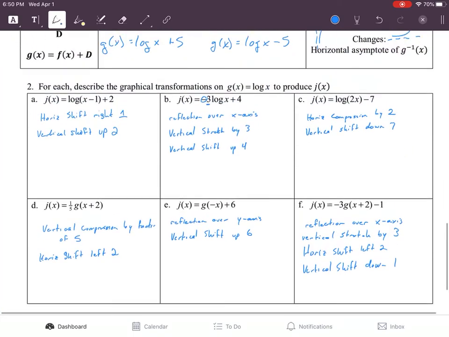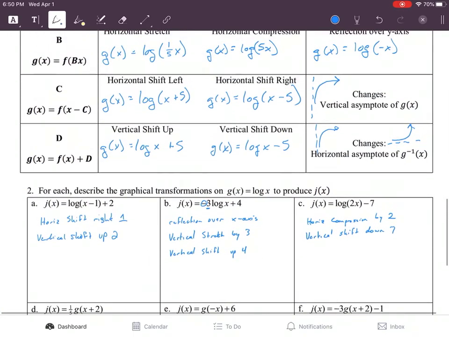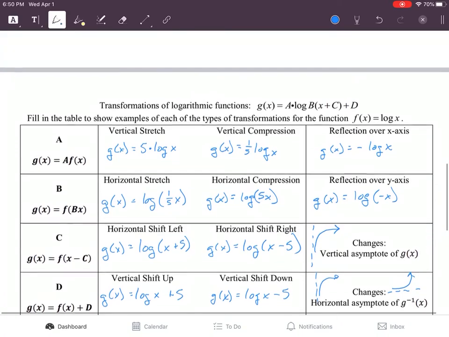That is the different examples of transformations for either exponential or logarithmic graphs, and we will see